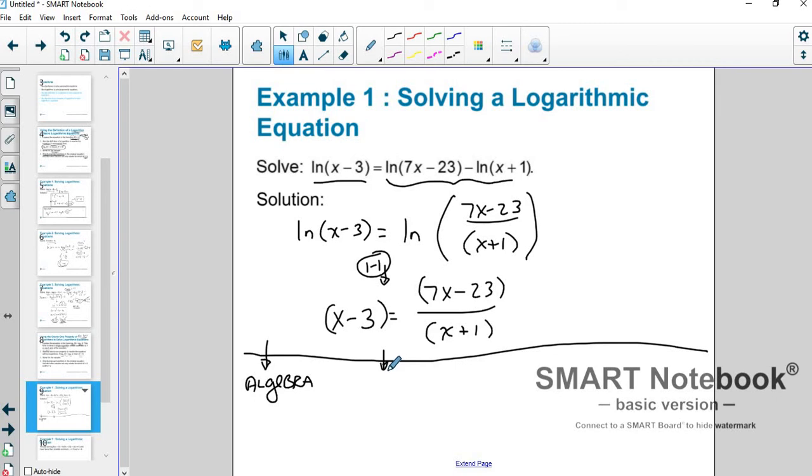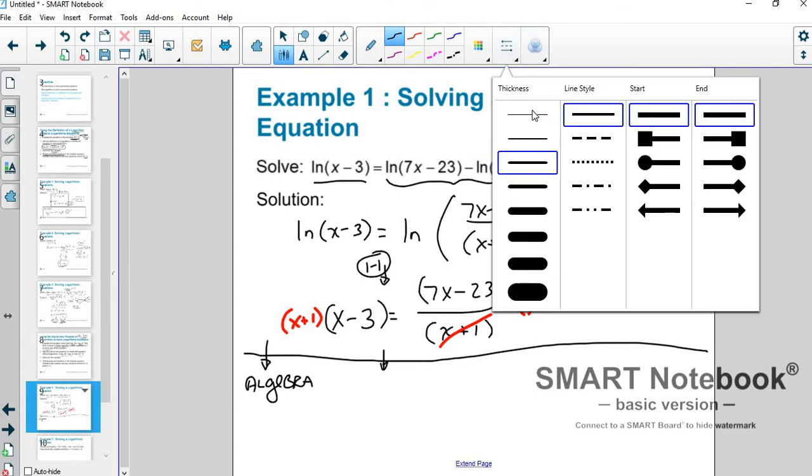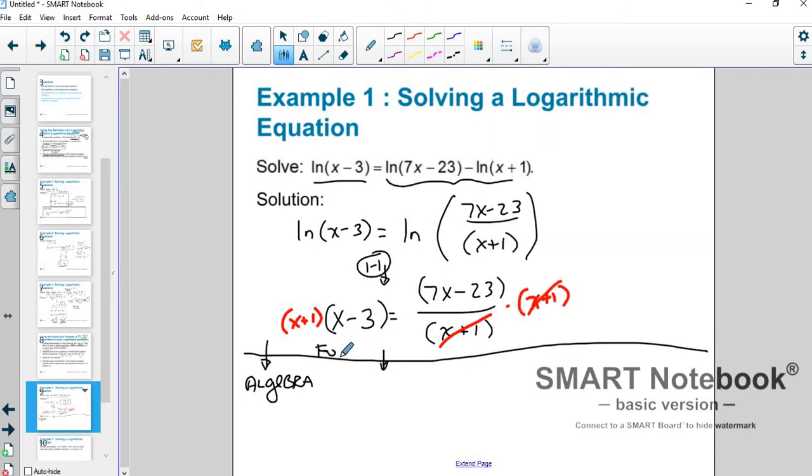All right, and it's not been that long since we've done chapter 1, but you have to have that kind of stuff refreshed sometimes, and that's okay. There's nothing wrong with that, but make sure you do it. All right, so I'm going to multiply both sides by x + 1 to divide that away from the denominator. Okay, and then I'm going to FOIL this out. And so I get x squared - 3x + 1 is minus 2x - 3. That equals 7x - 23,